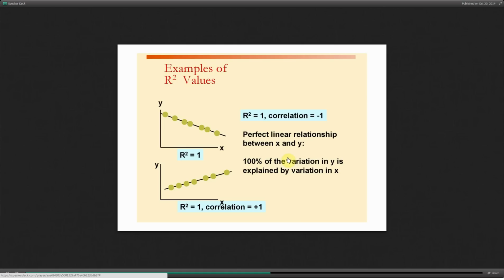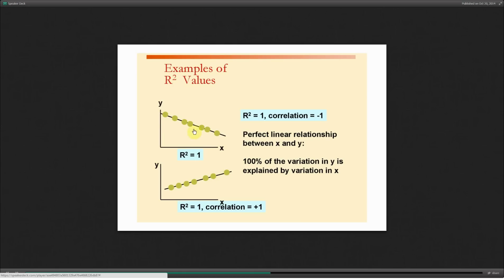So here are some examples. You'll see I might have a correlation that's negative or a correlation that's positive. Again, squaring them, I get a positive thing, which is the r squared. And if everything is perfectly on the line, and this is perfectly negatively correlated, this is perfectly positively correlated,